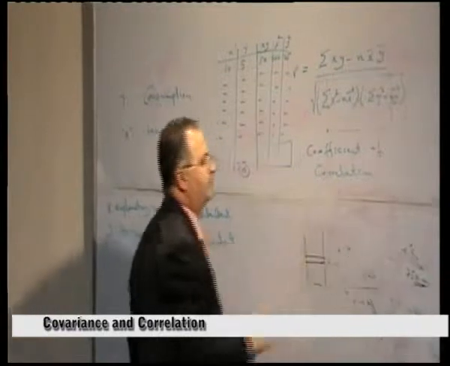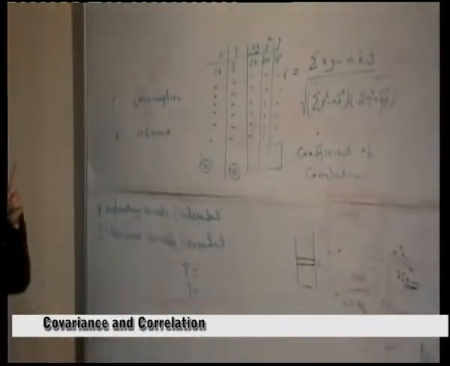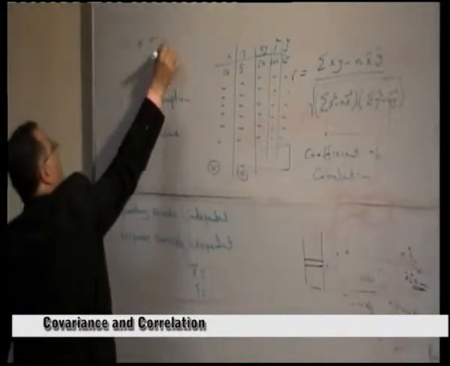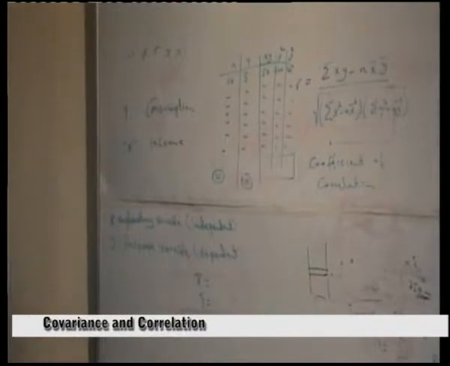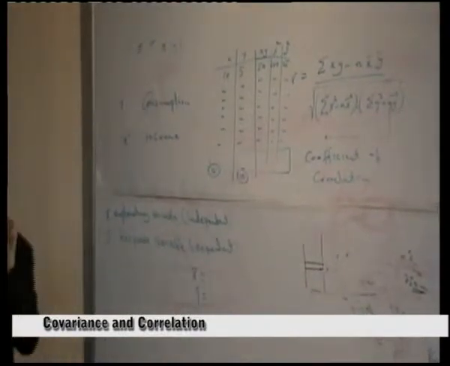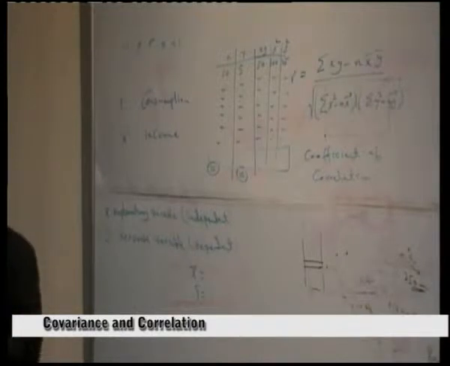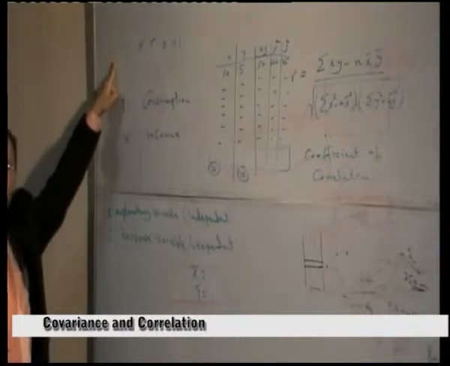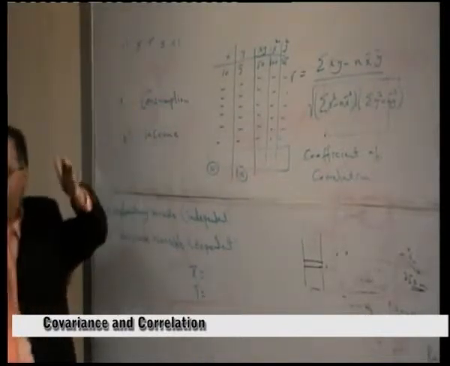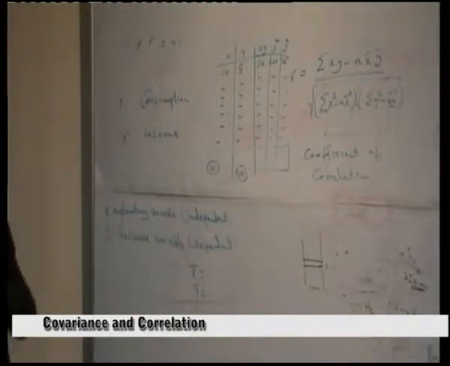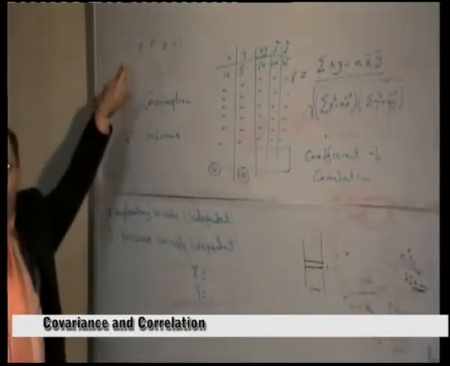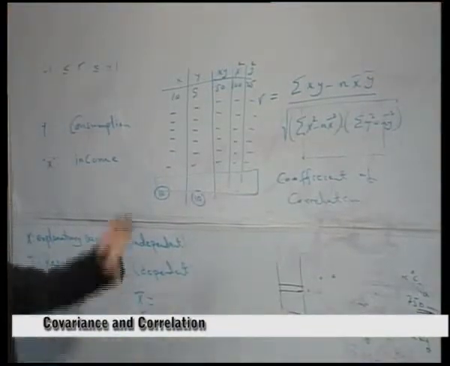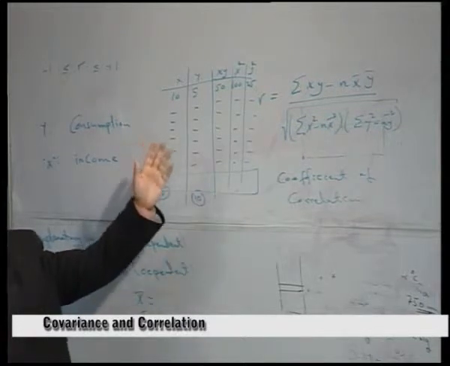Now, this value ranges between -1 and +1. That means it is never smaller than -1 or greater than 1. It's between -1 and +1. Makes sense? I mean, suppose you made a mistake in any of these computations,